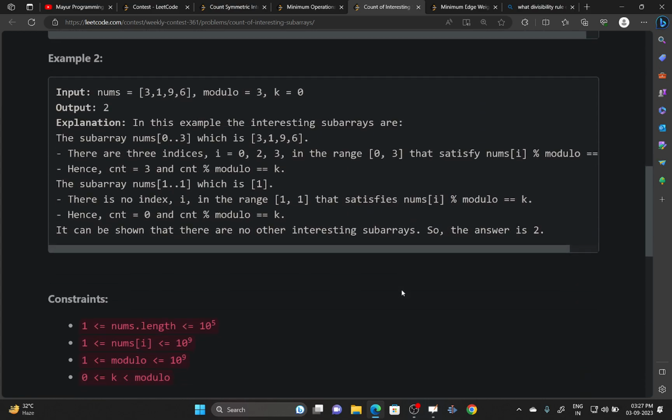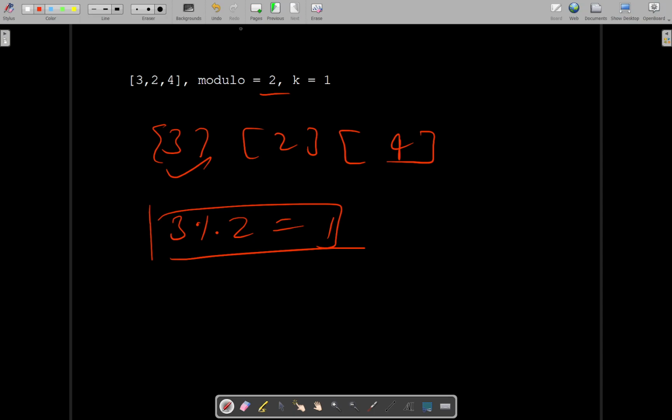So how will we be solving this problem? First of all, I would like to introduce you to a concept. If you already knew it, then very well. If not, then you should. It's called prefix sum plus hashing. What I mean by this is,